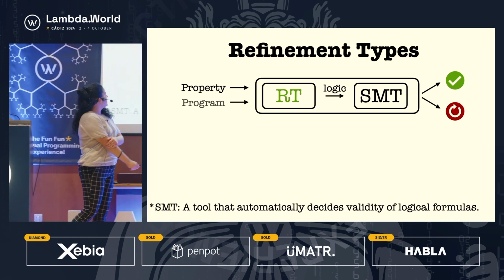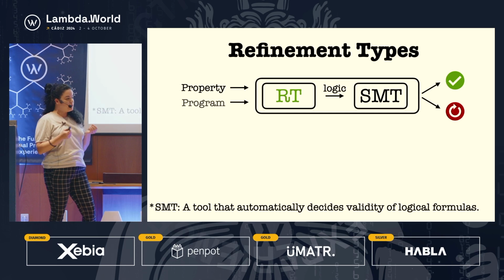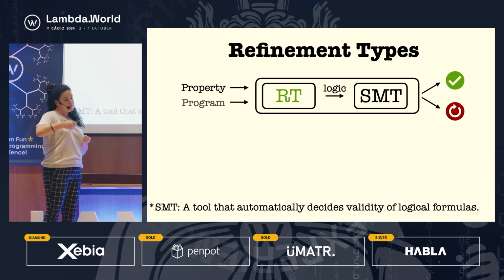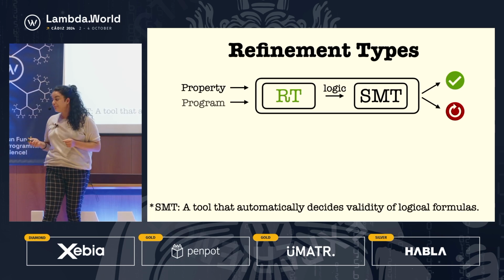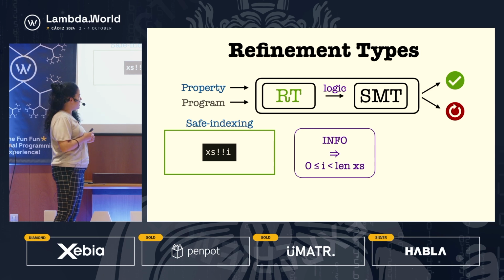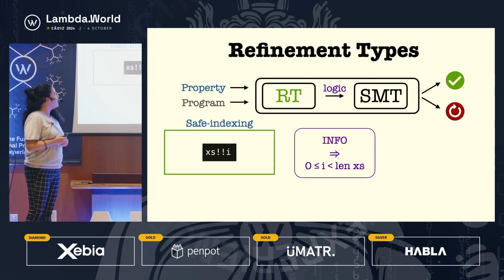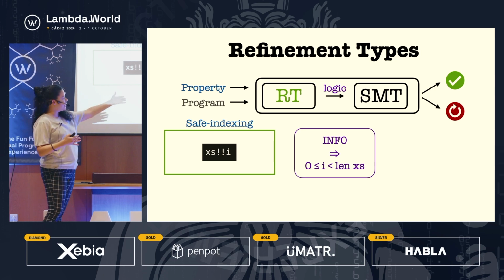So we have a refinement type checker. Essentially, they take as input a program and a property. And the whole idea of refinement types is that they use a set of rules to generate a logical condition, and they give this logical condition to the SMT. And if the SMT decides that it's valid, then it says that the program satisfies the properties. So in our original example, the property we used was safe indexing. So the logical condition that was generated was, from whatever information you have in your program, can you imply the